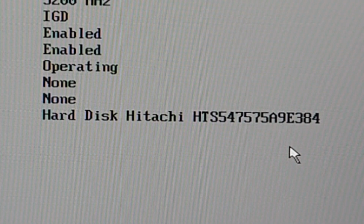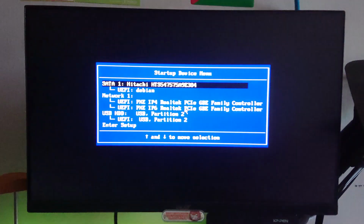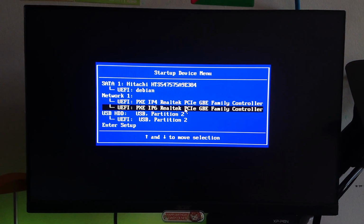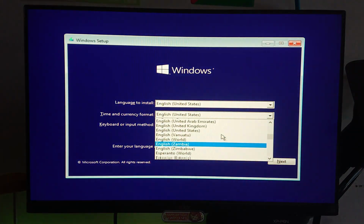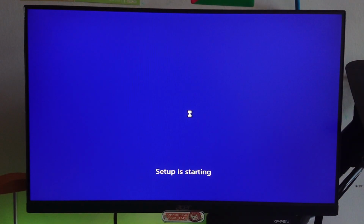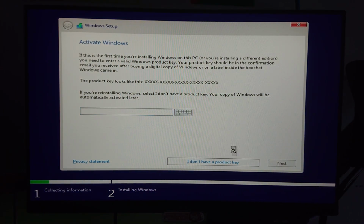I already put it on. This is gonna be my test drive anyways. Okay, I'm gonna go ahead and boot to my Ventoy USB. See if it works. Oh, it does. Nice. After testing, I decided to change some settings, pop in the test drive and install Windows 10 Enterprise